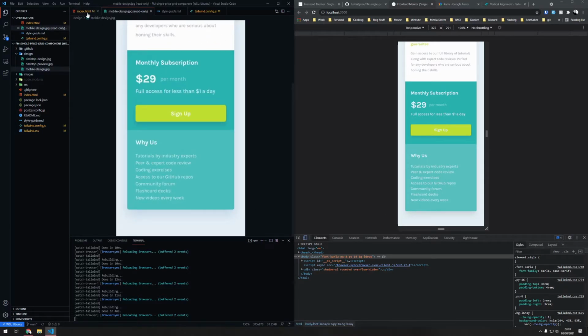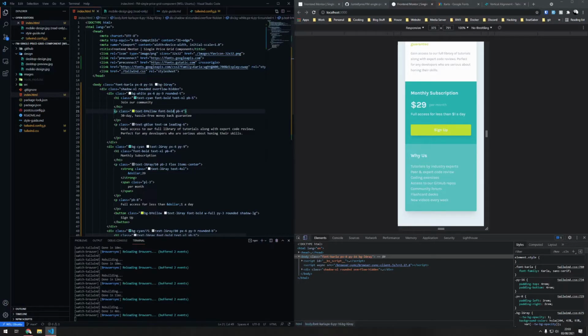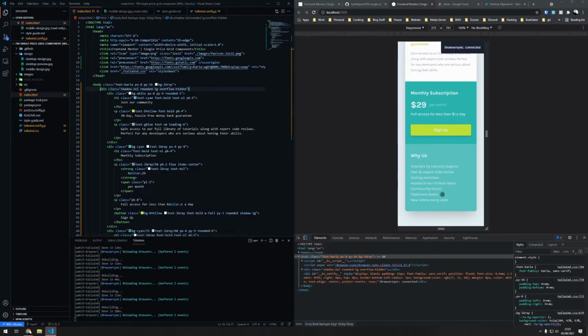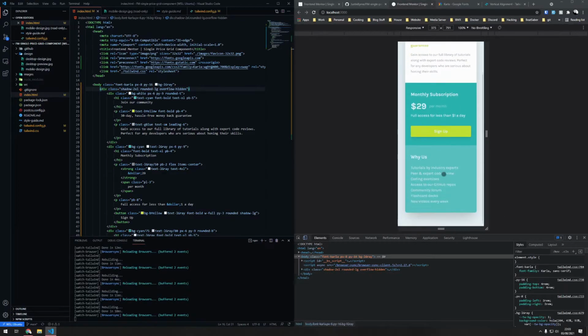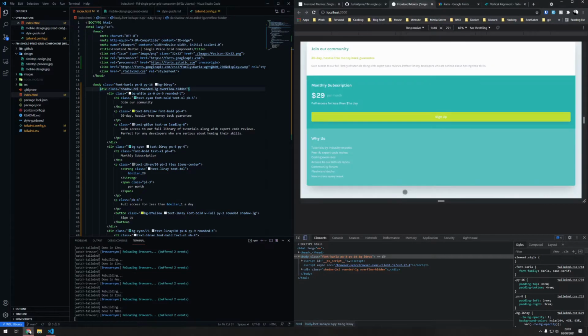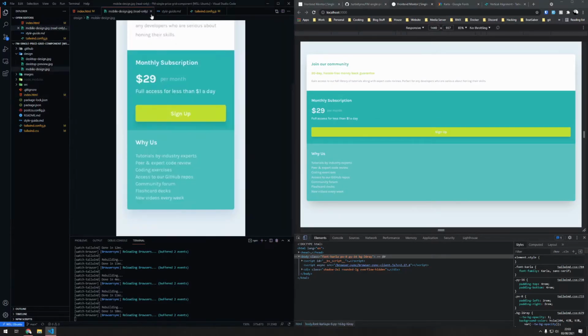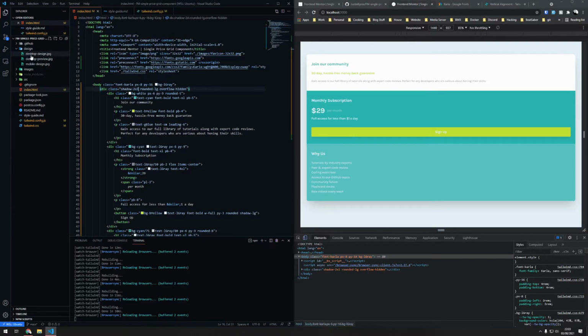Shadow's not quite big enough. I think my corners aren't round enough. Okay, corners are round enough. How big of a shadow can we do? 2XL. Look at that shadow now. Perfect. Okay, so now let's have a look at this in a laptop view. Let's put it down. Okay, so that's the mobile view, but if we have a look at our desktop design,